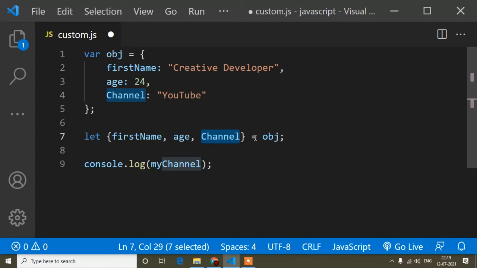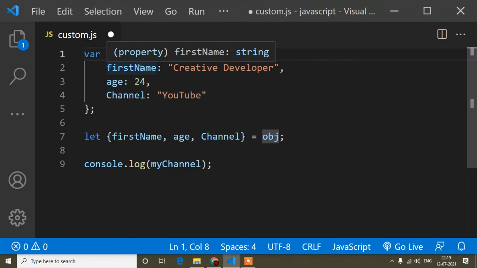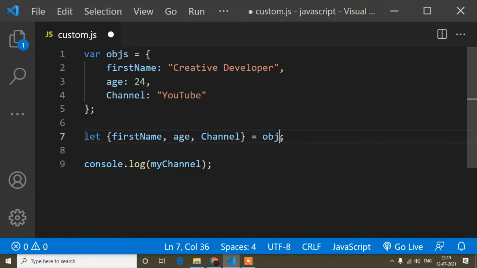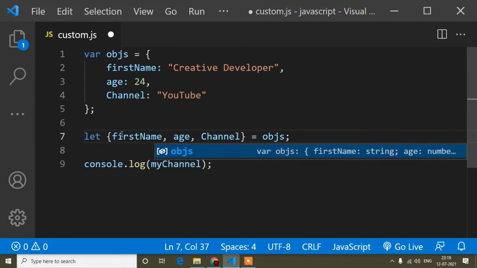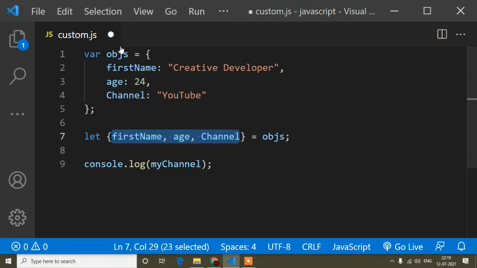And I am getting these properties from this object, which is the object variable. Whatever variable name I write here, I have to write here too. So here I will write obj, and in this method I am not creating an instance. You can do it like that.